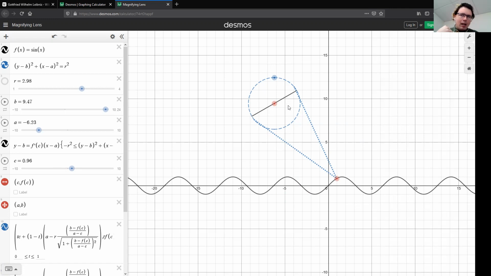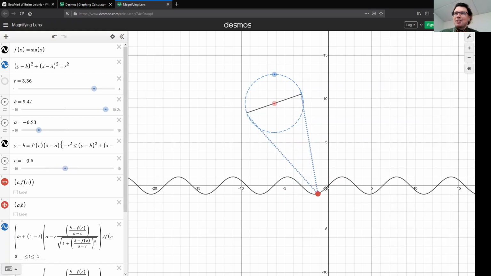But I really want to emphasize here that this zoom here, this magnifying lens is something that's in my head. I can't zoom in until the sine function becomes a line, because at every scale, the sine function is not perfectly straight. So I want to be able to get something that looks like this slope, and I need rules for how to calculate